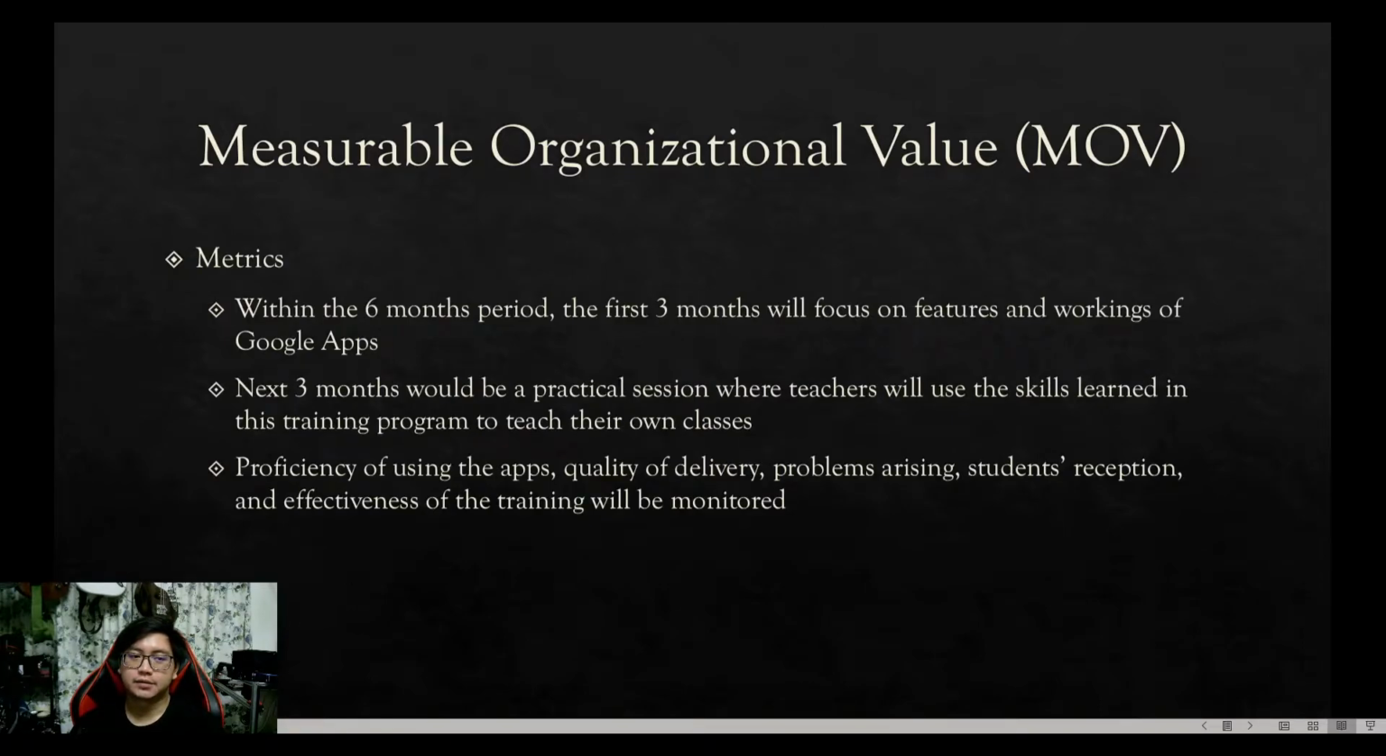So the metrics we've chosen are within a 6 months period. The first 3 months will focus on features and workings of Google Apps. The next 3 months will be a practical session where teachers will use the skills learned in this training program to teach their own classes. So the proficiency of using the apps, quality of delivery, problems arising, students' reception, and effectiveness of the training will